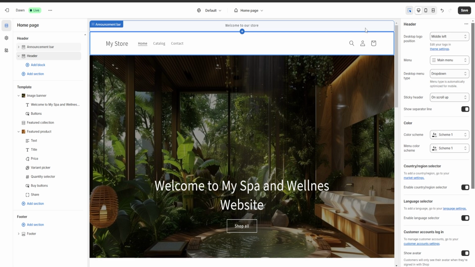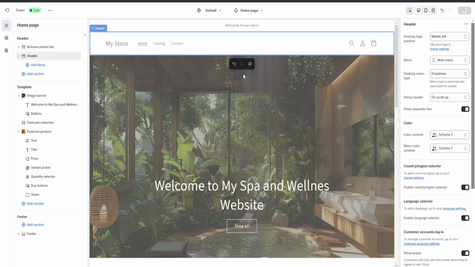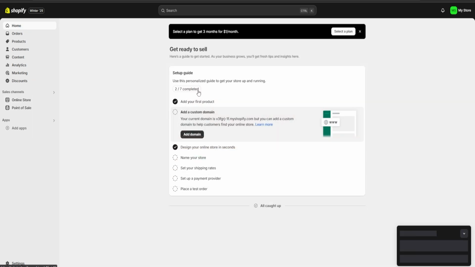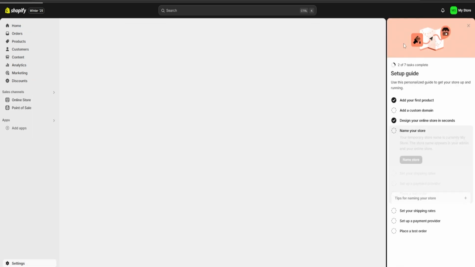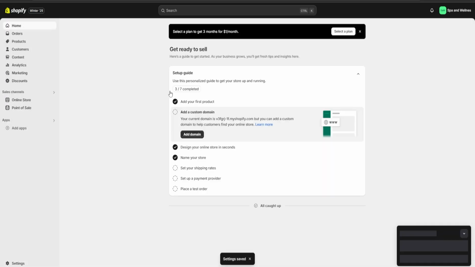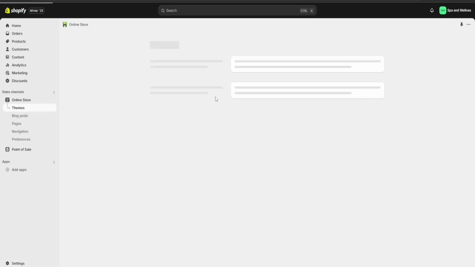So if we want to change it, we're going to save our changes up until now. We're going to exit and go to the home page of Shopify. Here we're going to click on name your store, name store again, and here we're going to be able to change the name of our website. For example, I'm going to put spa and wellness,